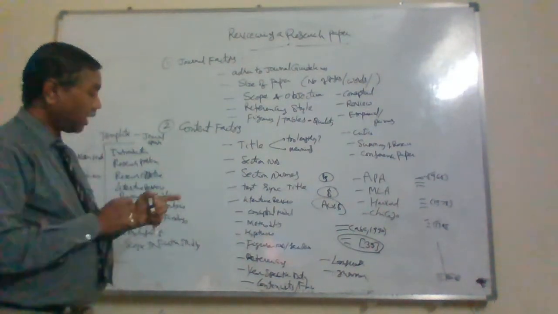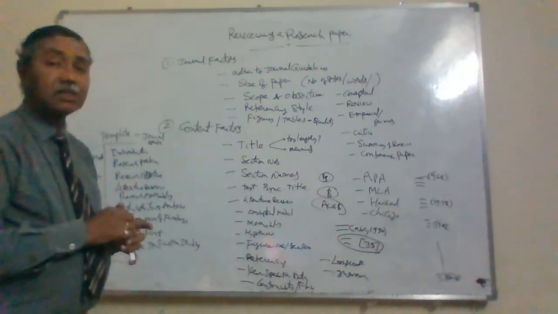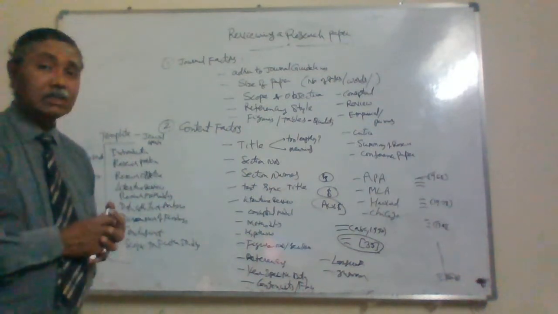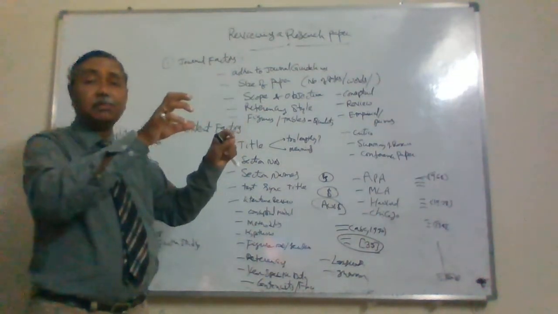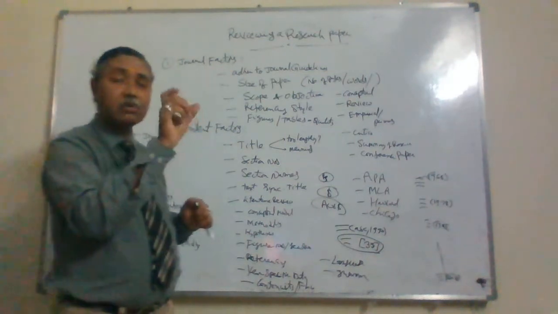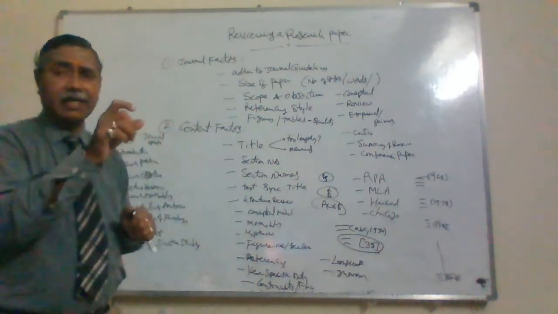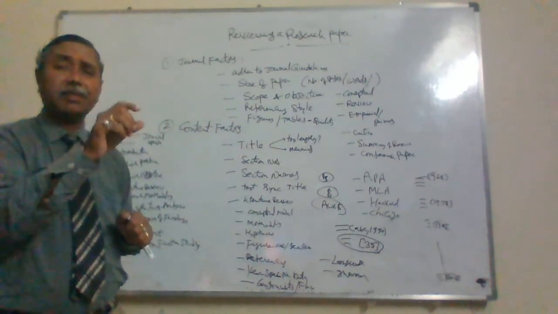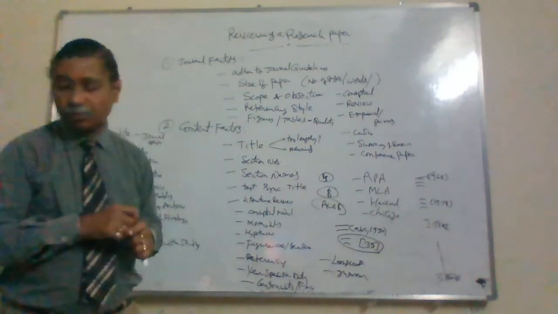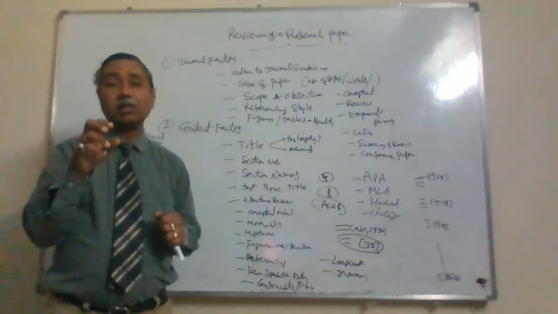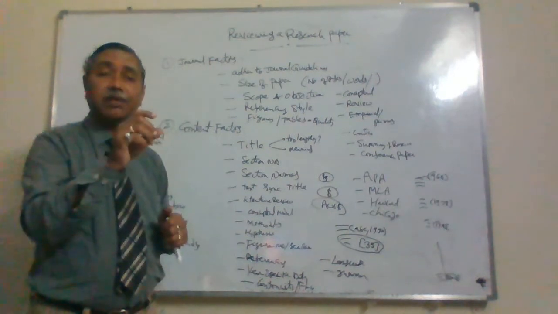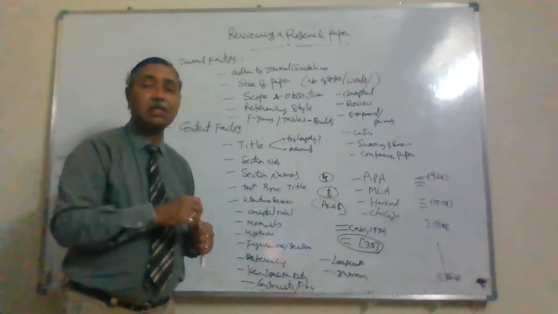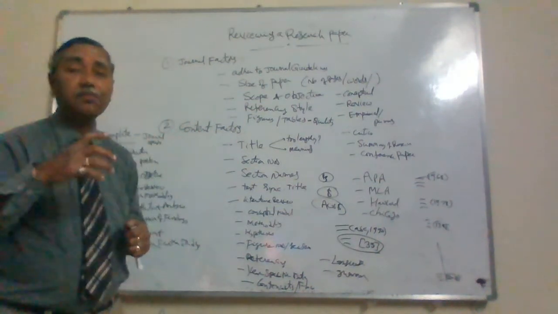So language and grammar are important. Sometimes spelling mistakes and typos will be there. Sometimes too much quotation text will be there. Each journal will have a certain standard, probably 80 words or some word limit for quotations. If you are taking a quotation from some other source, then you have to specify the source there itself. These are things you have to keep in mind when you are reviewing a paper,